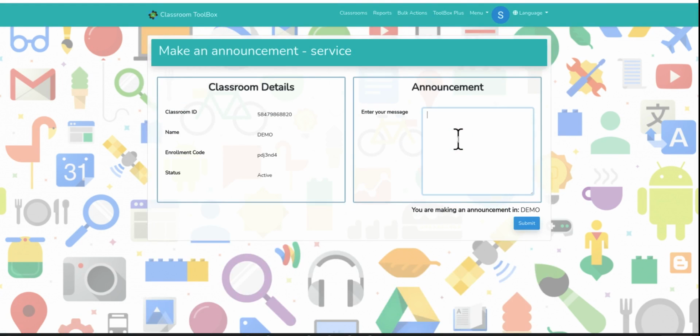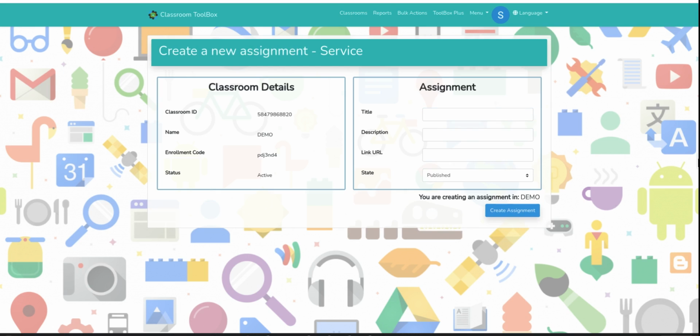So in here then, we enter our announcement and we click submit. It's telling us which classroom it's going to put it into. This feature isn't available outside of Classroom Toolbox in the normal Google for Education admin console, so this gives us some enhanced features. Likewise, when I click new assignment, I'm brought into this page and I can pop the title